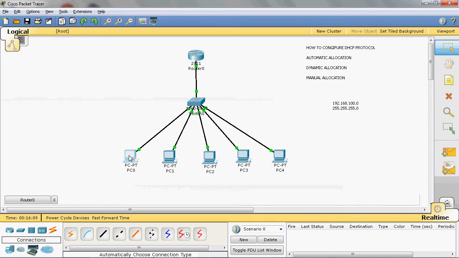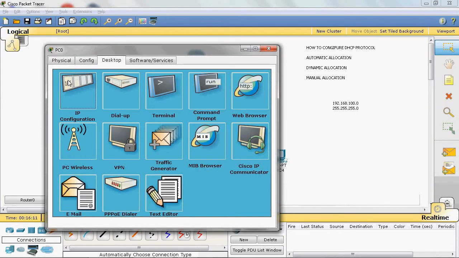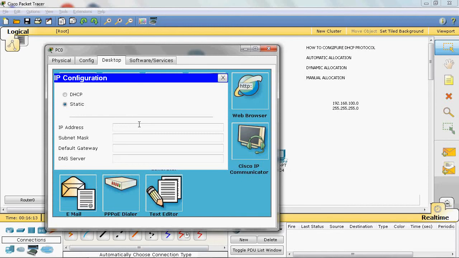Let's see. In static mode we can manually configure the IP address. Here I will use dynamic host configuration protocol to dynamically assign the IP address. So I will choose DHCP mode, requesting an IP address from the router. Yeah, the host gets the IP address 192.168.100.2, subnet mask is 255.255.255.0 and default gateway.